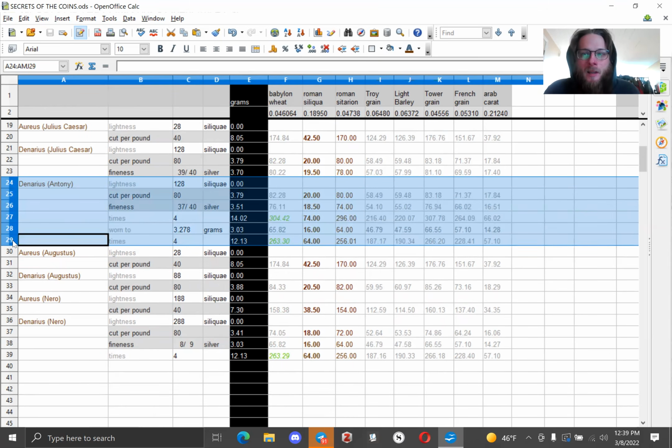continuing to circulate precisely because they were bad. Because the coins are overvalued, they're less likely to be drawn out of circulation. And so they're the last coins that are going to be hoarded as the monetary crisis proceeds and deflation sucks all of the silver coins out of the monetary economy. Okay, so the bad coins circulate. What's interesting is that these bad coins were issued by a failed contender, right, by the losing party in a civil war. So even though Antony lost the civil war, his coins are still circulating 100 years after his death.